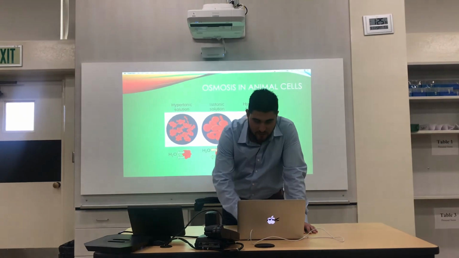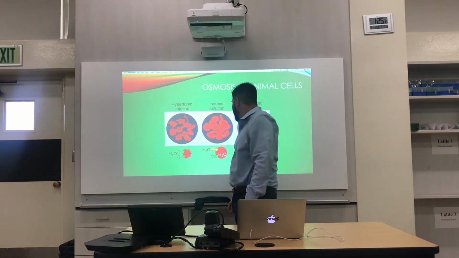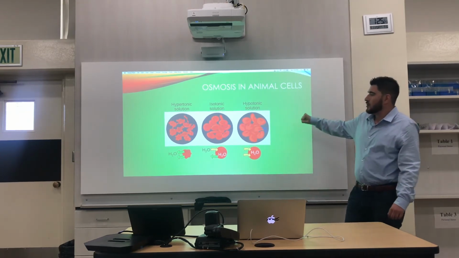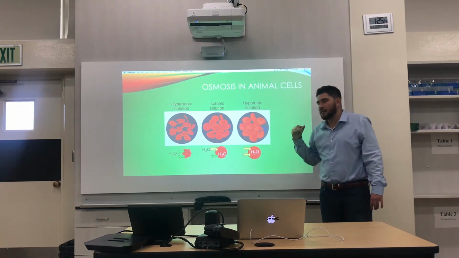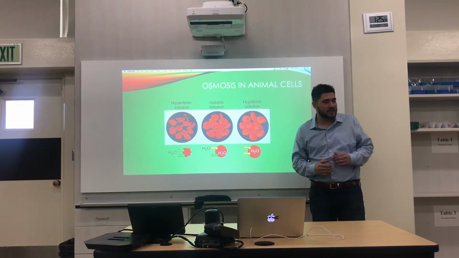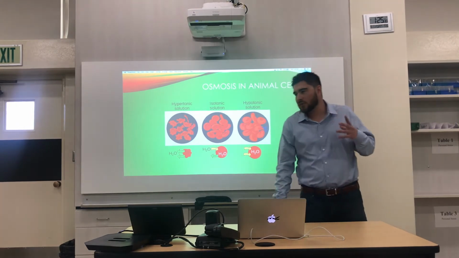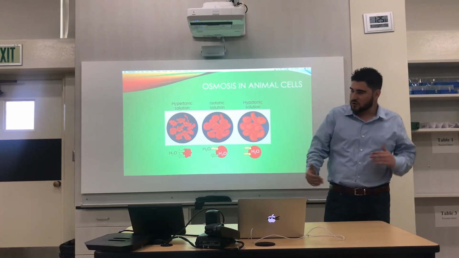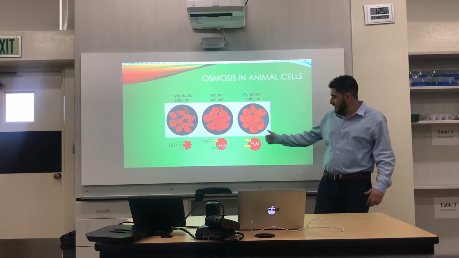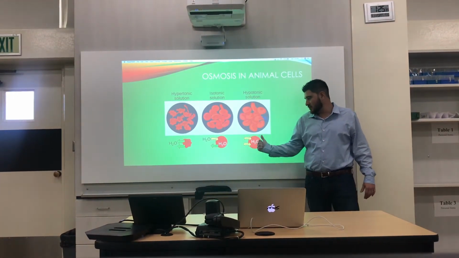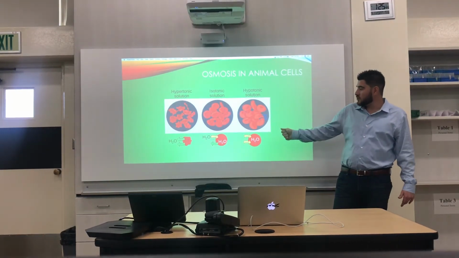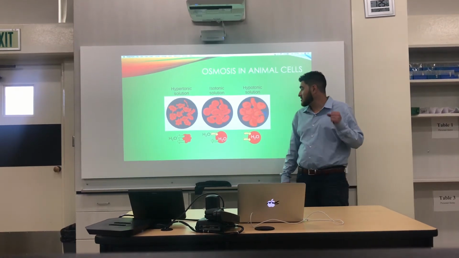We can't just give patients pure water because then you're going to be putting these cells into a hypotonic solution. You're going to have water with almost no salts in it. It's going to be pure water, like you said. So water's going to want to move from the area of low salt concentration to the area of high salt concentration. Even though we don't have that much salt in our red blood cells, there's some. So if given enough time, water will force its way into our red blood cells and cause them to burst.